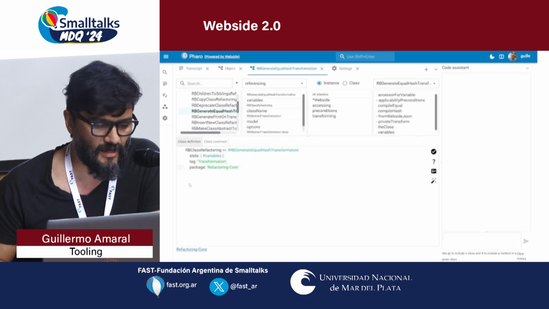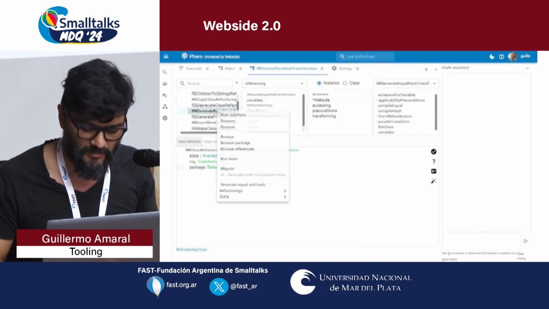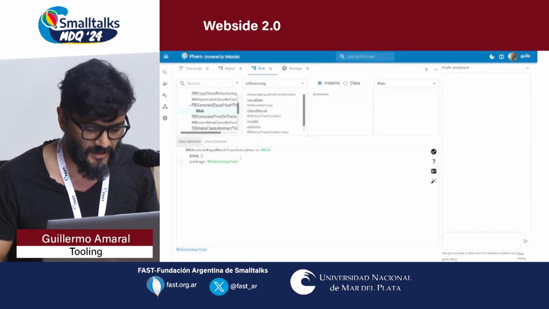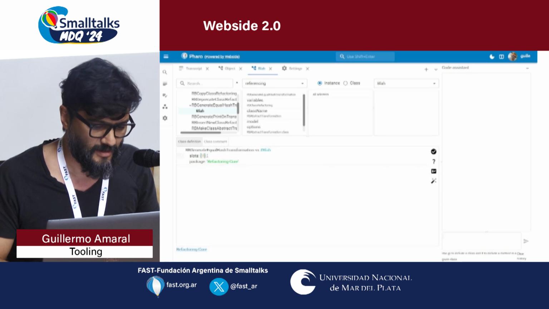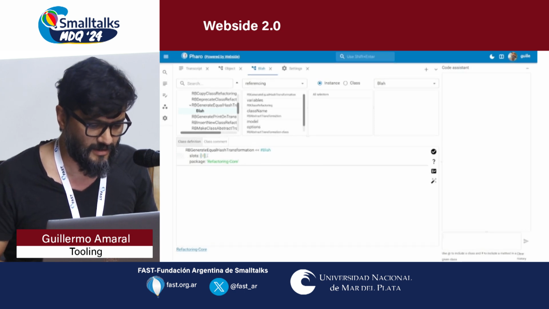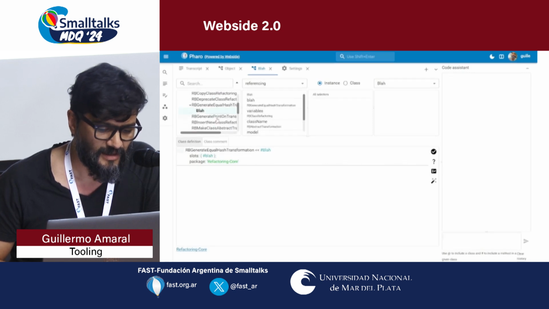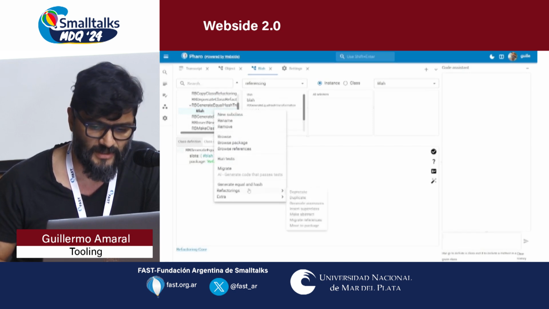So I don't know, let's create a new subclass lab in order to have some slots here, like, I don't know, lab, and then on lab apply this refactoring.